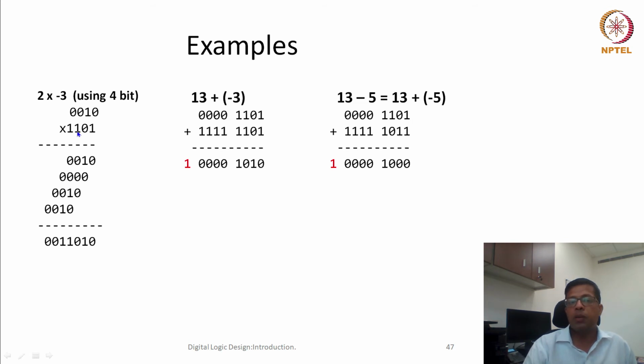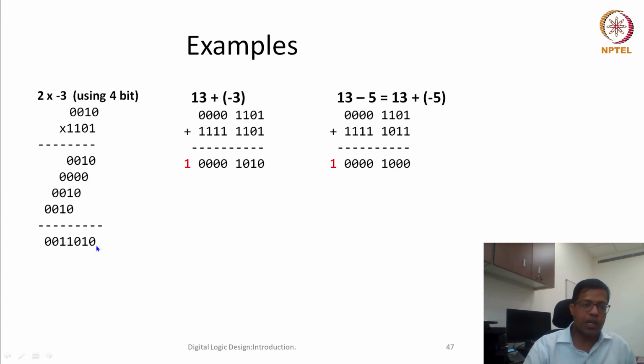Now the third bit of the multiplier is 1, so again this 1 would be multiplied with 0 0 1 0, and I leave 2 places. That means 0 0 1 0, and then 2 places are left blank. And for the last bit of the multiplier, it is 1. Again here I will leave 3 places blank, and then I will write the same multiplicand here, 0 0 1 0, and finally to get the multiplier output I will add these 4 partial products.